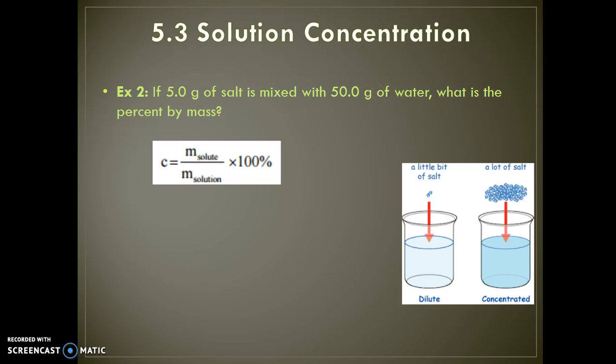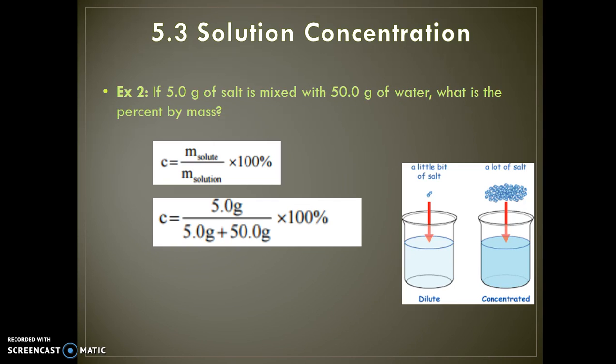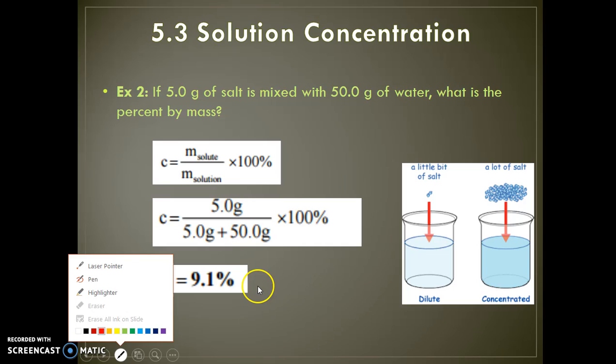That thing would weigh 55 grams. So I'll put those numbers into my formula accordingly. 5 grams for the mass of the solute, and then 55 grams for the mass of the solution. Put that all into my calculator. I should get 9.1%, and this would be